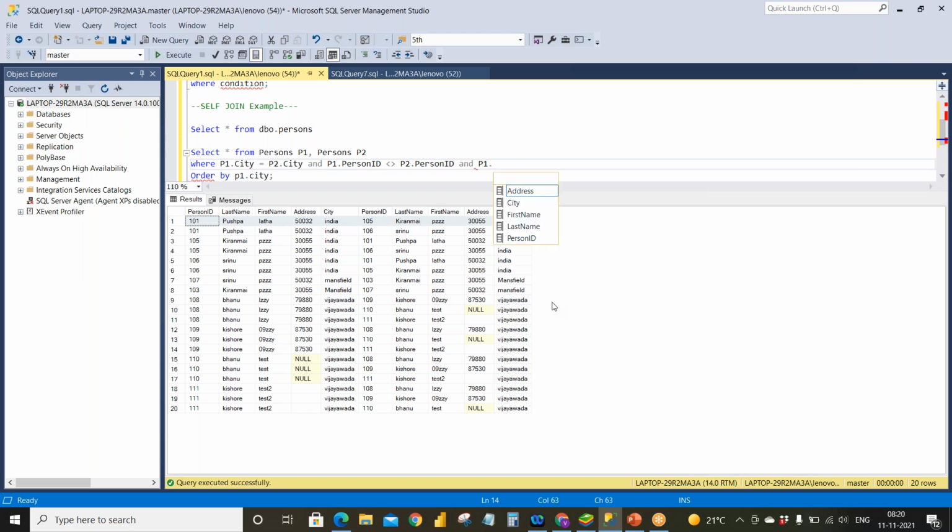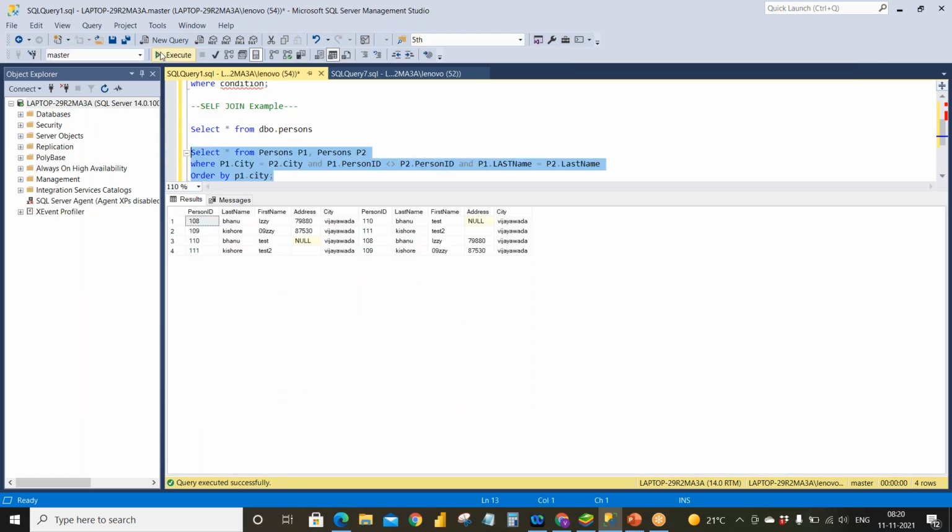We can give it this way, like P1 dot last name, P2 dot last name should be matched. Now what happens? This particular row will be eliminated. This particular row will be eliminated. We'll see how it gets.